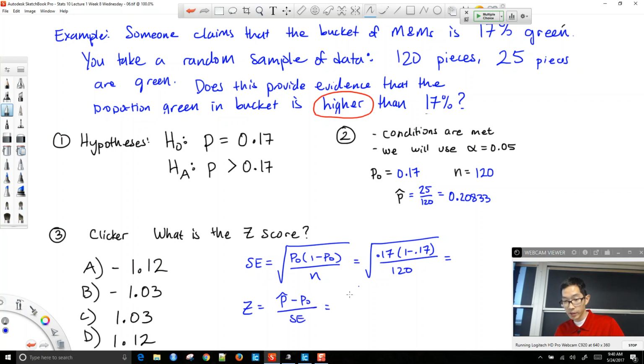In this case, I have 0.20833 minus 0.17 divided by the standard error. When I did this, I got 1.117 or something like that, so this rounds to 1.12. Our answer choice is D. So this is our z-score. We will continue on. If your z-score is 1.12,